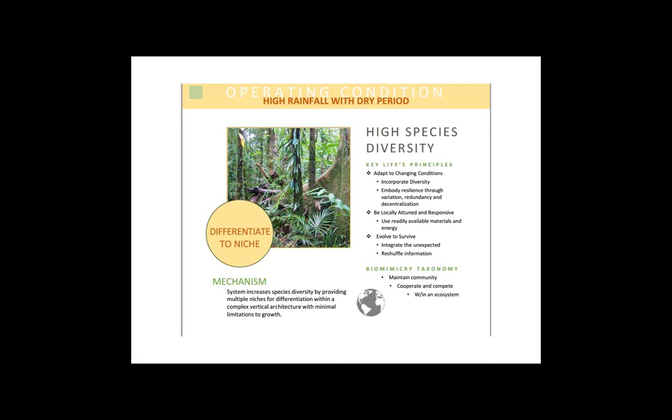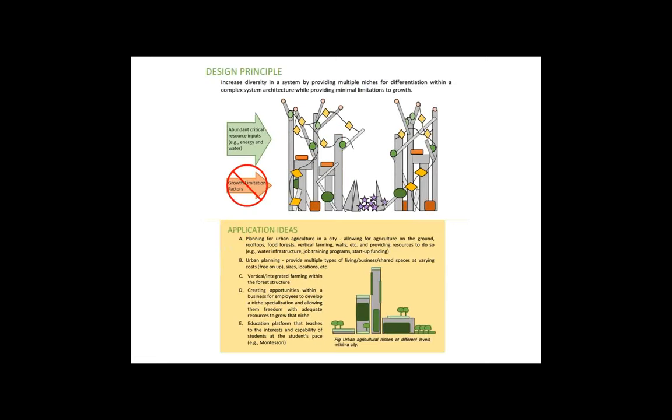Another example from the Congo project is high species diversity. Same sort of approach: differentiate to niche. Niches in ecology are specific roles, which can be in time or place or diet, different ways to focus in on a particular small part of that ecosystem, and it's your specialty. We came up with a biological mechanism, and then we abstracted that to a design principle. So we removed the biology, and drew it in a way that you can imagine that this is still the forest, but it took the biology out and talks about